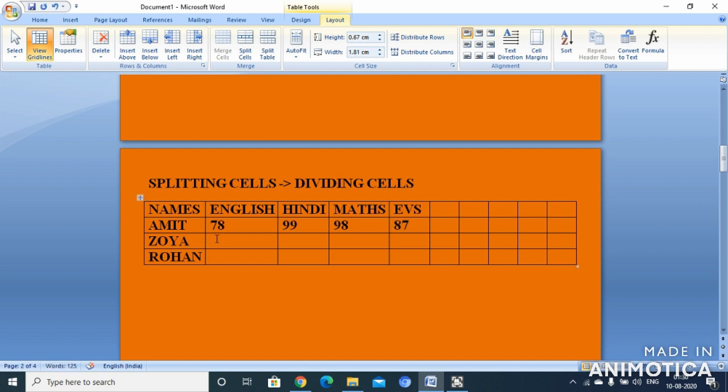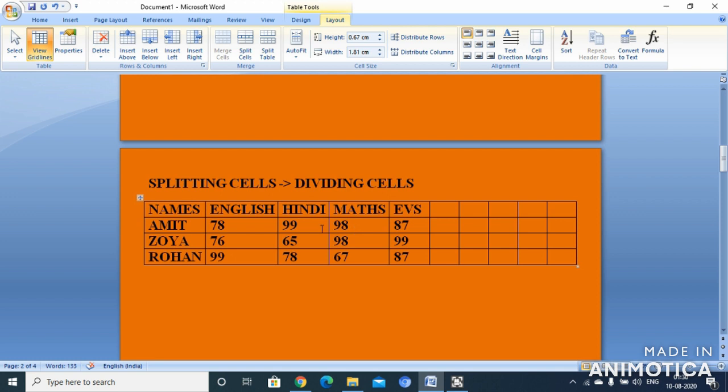Okay, come to the next one. 76, tab key 65, tab key 98, tab key 99. This way we have made the entry. So again you are revising how to make the entry also. Right here, 99, tab key 78, tab key 67, tab key 70, 87. So this many entries we have made, children.